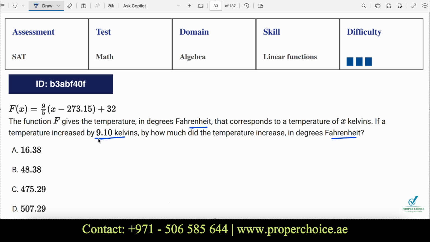Increases basically means adding 9.10 to the value of x. If I am writing that value now, f of x plus 9.10, I am increasing that x value by that, equal to 9 by 5 times 9.10 plus x, and the rest is as it is, minus